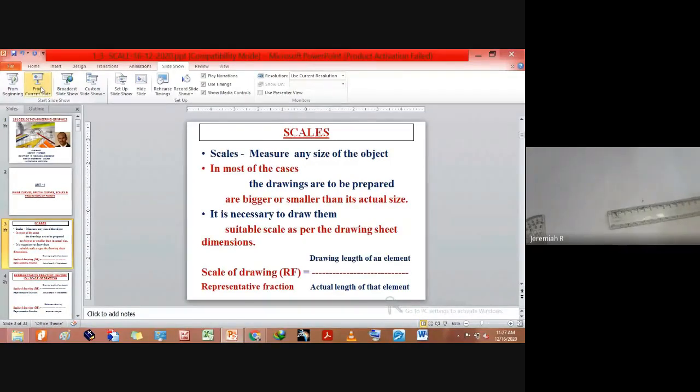Sometimes the drawing size will be very big, that is okay. Sometimes the drawing size is very negligible. I already told you there are some MEMS, micro electromechanical systems. Just imagine a paddy size. There are some electric motors available. This is very familiar in Japan. Just imagine a small paddy, the size of a wheat grain. That much size there are some electric motors.